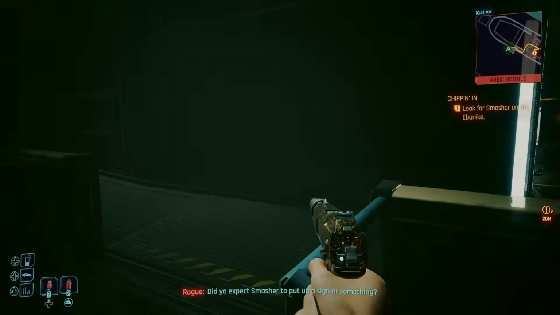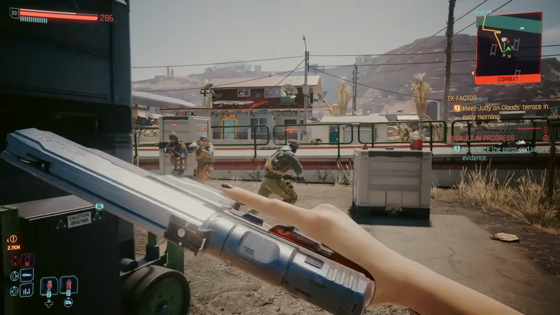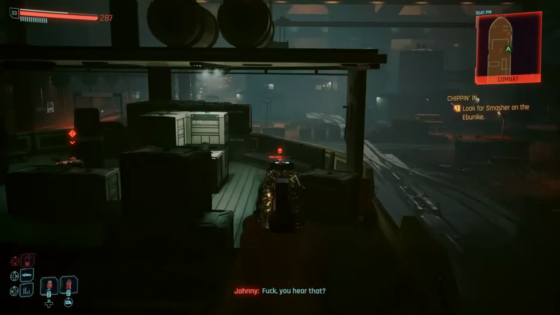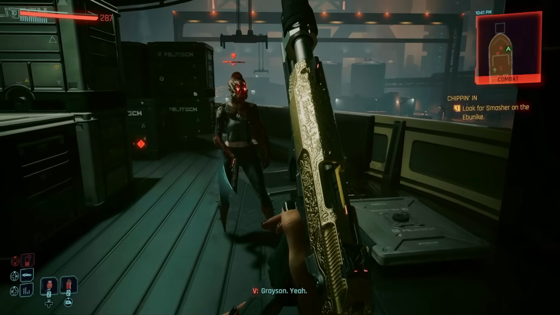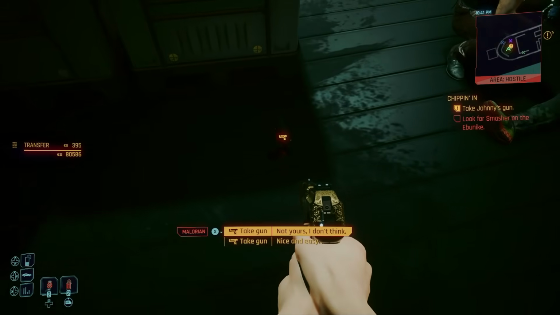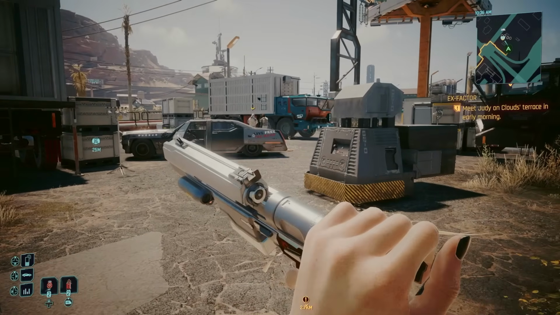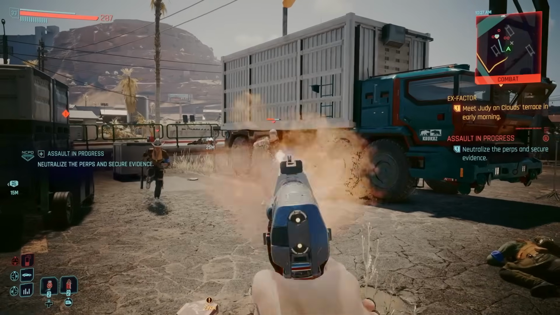The next weapon is only missable if you're an absolute doofus. No offense, but as long as you play Chippin' In, you will get Johnny's pistol. You'll get it from Grayson after you and Rogue, and technically Johnny, sneak onto Atom Smasher's boat and confront Grayson. He will drop the gun, and it's literally impossible to miss this. Unfortunately, you have to stick it in your stash to complete the wall, so you'll have to miss out on